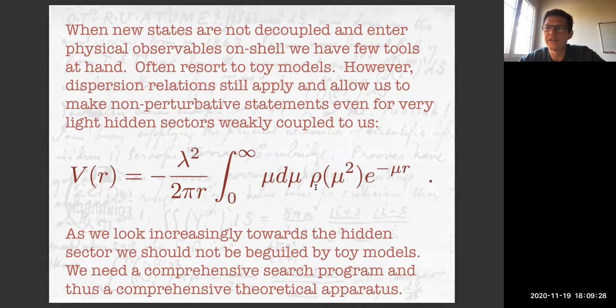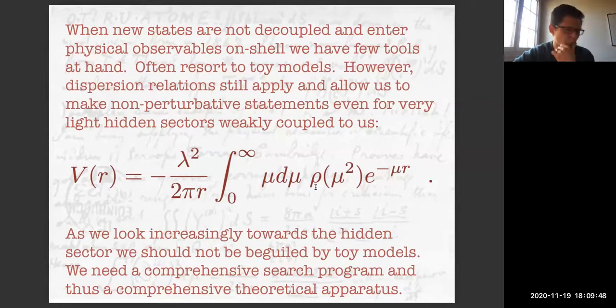People have looked at fifth forces from conformal hidden sectors before. There's one paper by Philip Tonedo and co. But what they did, they didn't use this sort of general formalism. What they did is they wrote down a model where they were coupled to a conformal sector, and then I think they used holography. So they used some dual 5D theory to calculate what the form of the fifth force would be. But that was for a particular model. And so generalizing using this Källén-Lehmann representation, I think would be interesting, but I haven't done it.